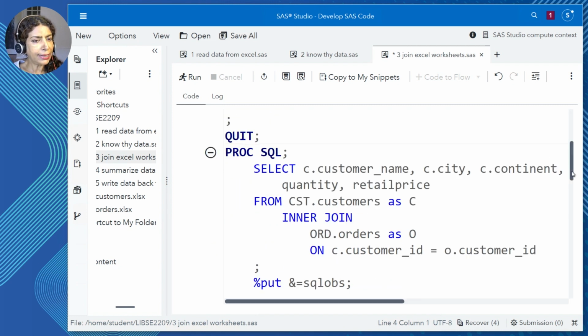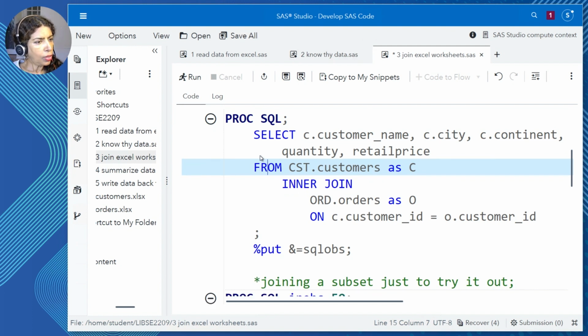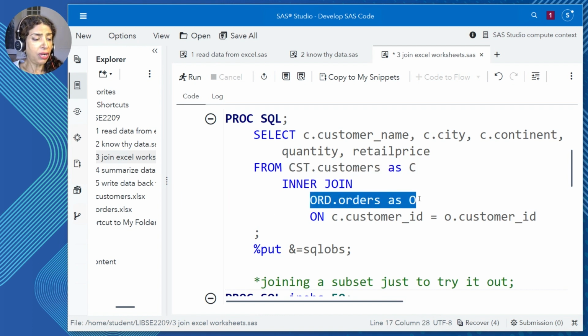So I've got my SELECT invoked. I actually invoke PROC SQL first, which brings SQL into memory, and then the SELECT where I list the column names, and the FROM where I list the table names. On the FROM, I list the first table that I need. It's the customers table. And then I also list the orders table, specifying the library and then the table name. Notice that I have given an alias for this customers table as well as an alias for the orders table. This is really important.